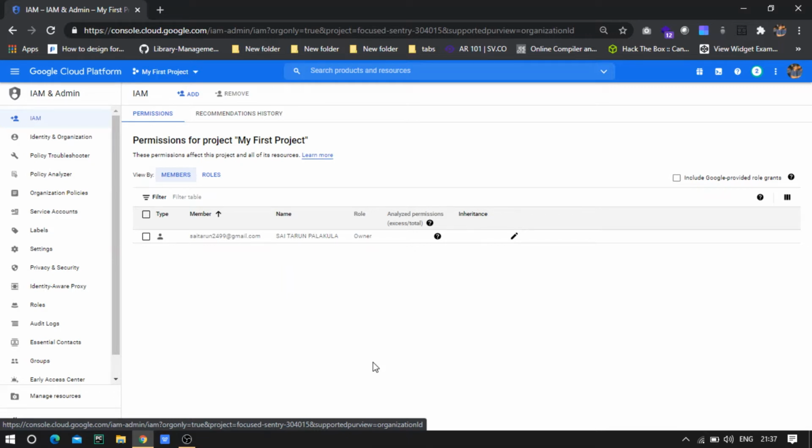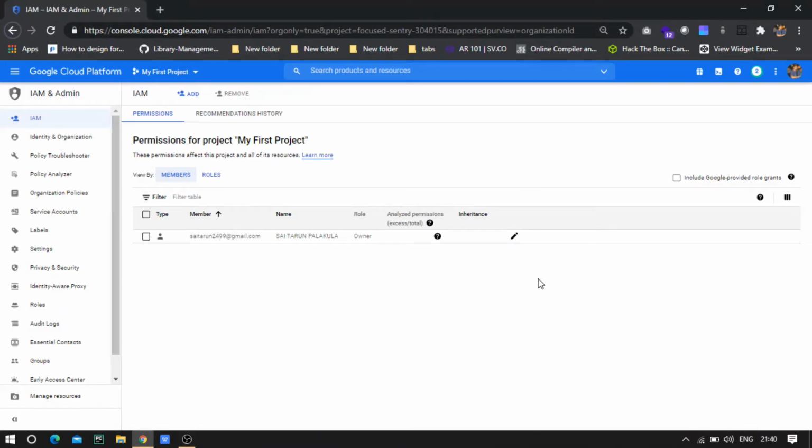Google groups are sets of Google accounts or G Suite accounts, we can take it like that. And finally, G Suite account. G Suite accounts are nothing but your organization should be subscribed to a domain so that you will have access to one of the G Suite accounts. This is about identities. And coming to roles, we have three different types of roles: primitive roles, predefined roles, and custom roles. In the primitive roles, we have three types: owner, editor, and viewer. We also call primitive roles basic roles.